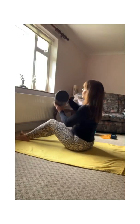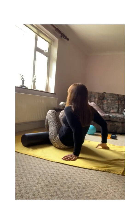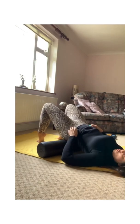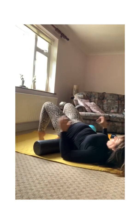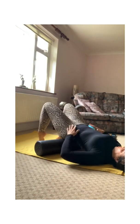I'm going to grab your foam roller, place that underneath your pelvis. I'm going to go at a diagonal here so that you can see the movement a little bit better than maybe yesterday's. So you're placing your foam roller, hopefully I'm in shot. Place your foam roller underneath your pelvis, kind of mid-sacrum or a couple of centimetres below the waistband of your